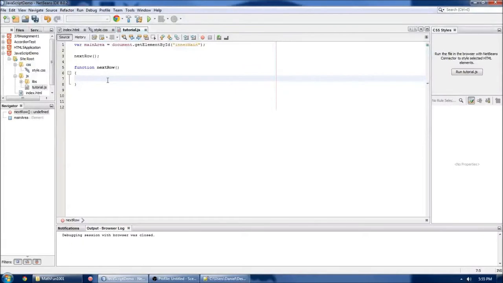Okay, so within there, I'm going to call a variable. That's how there's really no types. Everything's a var in JavaScript, so you can assign var to anything. We're going to call this inner row div because we're going to have an outer row div later. It gets document dot create